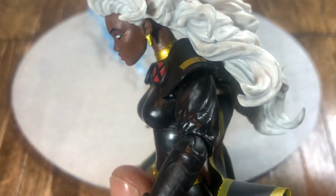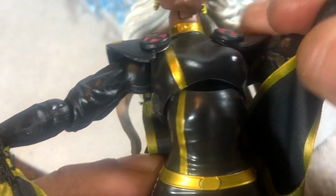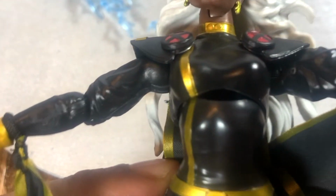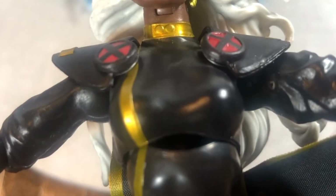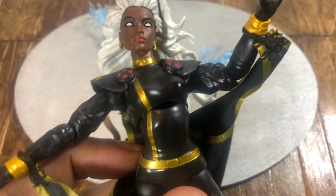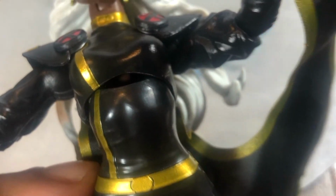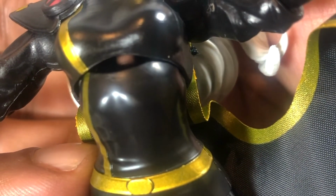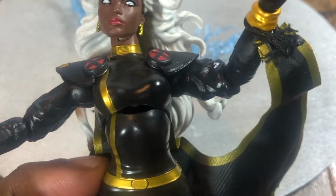she could go pretty far back. So again, that's pretty cool. But what the heck is that? The good thing is she's got a black costume, so the farther away it gets, the less noticeable. But you come in close, oh man, and you can even see a little thing right there. That doesn't look too good, but thank God it's black,